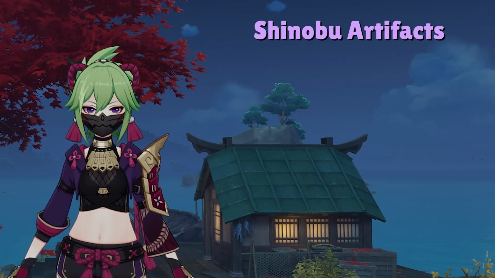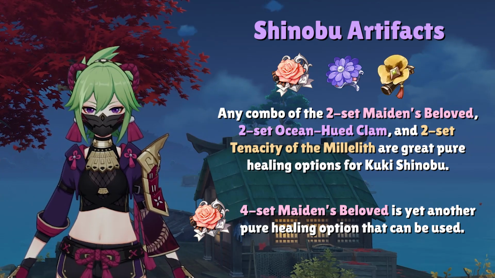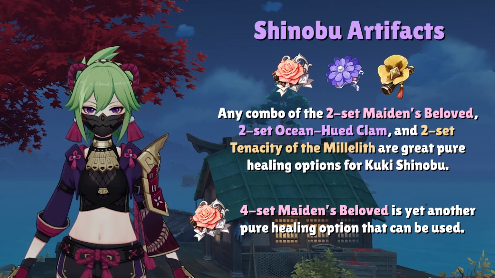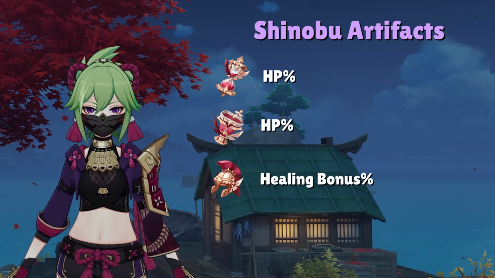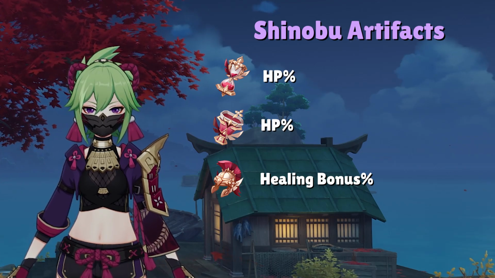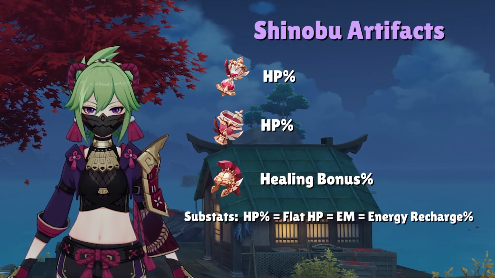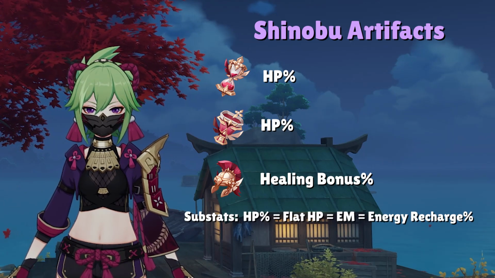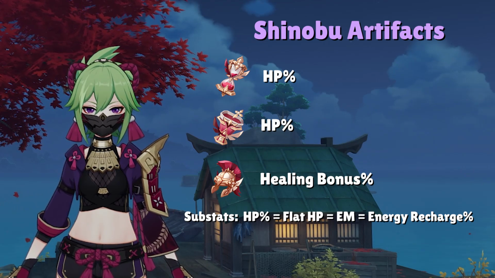Pure healing options like the 2-set Maiden's Beloved with the 2-set Hued Clam, or even the 4-set Maiden's Beloved, are also great for Kuki. As for artifact stats, you're going to want HP in the Sands, HP in the Goblet, and healing bonus in the Circlet. In artifact substats, this is where we focus exclusively on HP and elemental mastery. You can also focus energy recharge in artifact substats